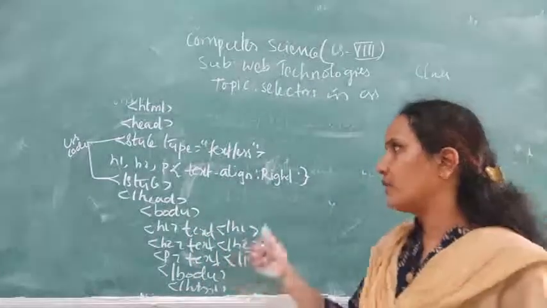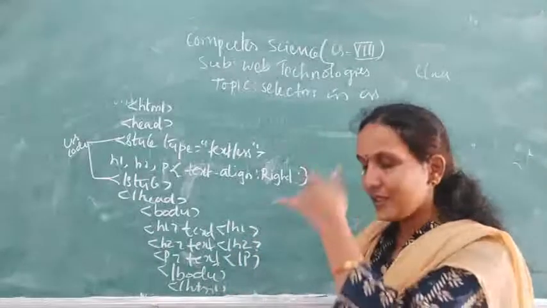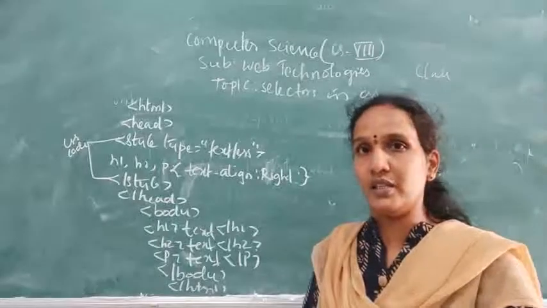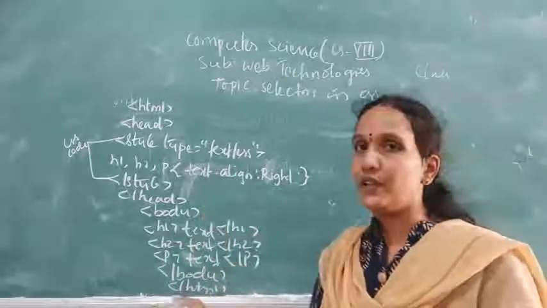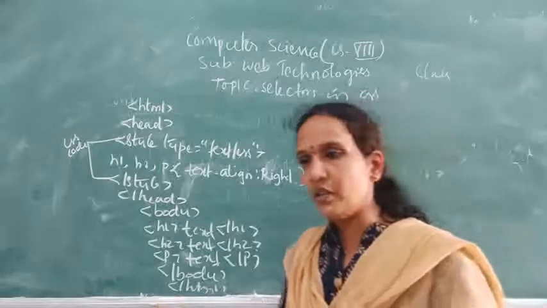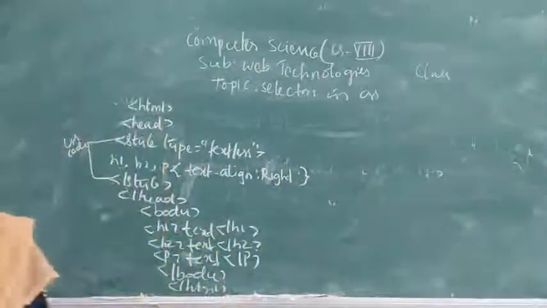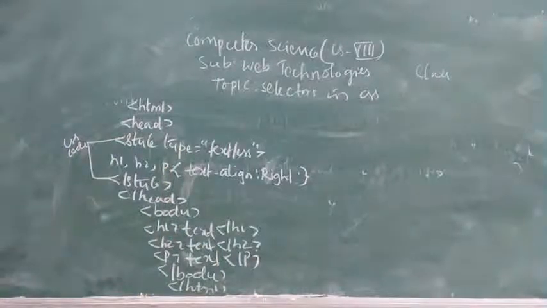Clear? Take this example program. Sometimes they will ask you this question in your essay also. If they ask you to write this question as an essay, you need to give an example program for each and every selector. But if they have asked it as a short answer, giving the definition is enough. Now, the next one is the universal selector. Take a screenshot of this. I will explain the universal selector.